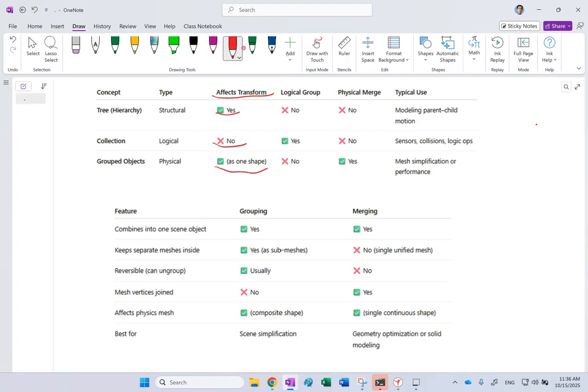In terms of a logical group, in a tree, each one of them is a separate object. I can get the handle of them, and I can do all sorts of operations individually. In a collection, they become logically the same group, not structurally, just logically. And grouped objects, again, logically, they can be separated. Instead of physical merging, in a tree, the objects are not physically merged. In a collection, they are not physically merged. But in grouped, they are physically